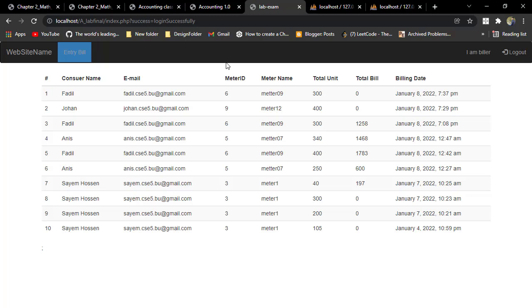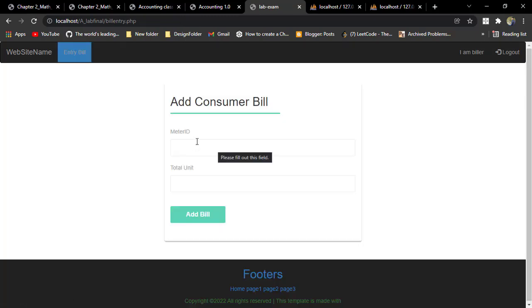Now we see the billing address, all types of meters, meter ID and the meter username, and all types of meter bills and types of meter, the unpaid billings. If a biller submits an entry bill, then he adds the new bill.